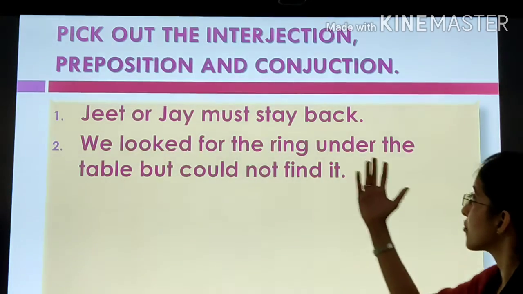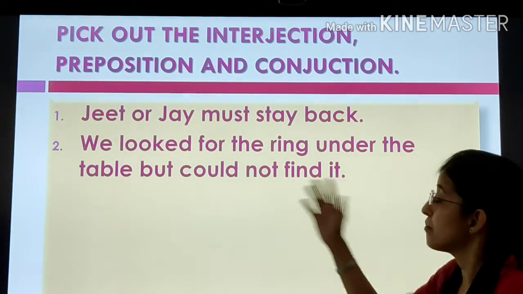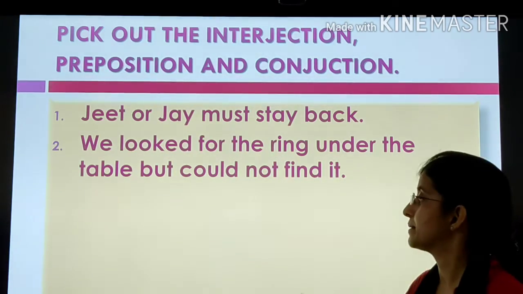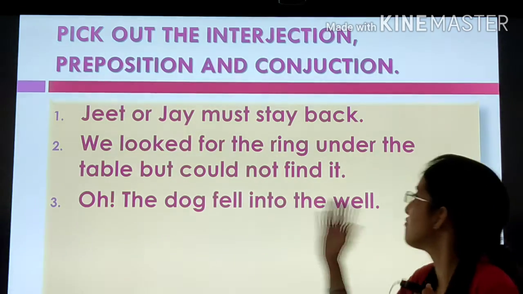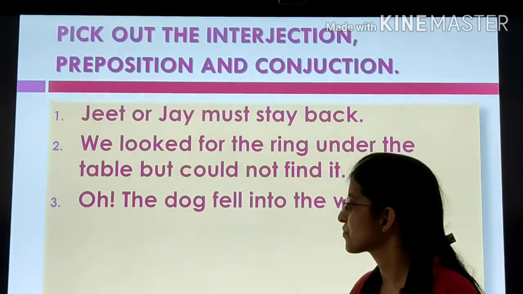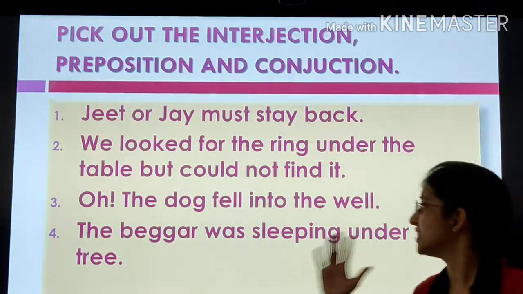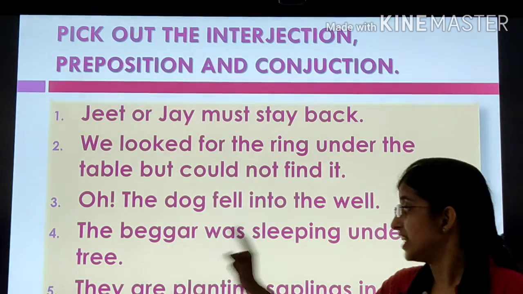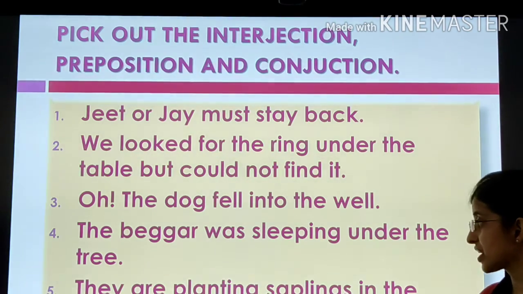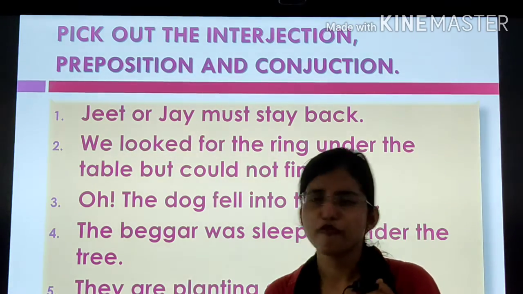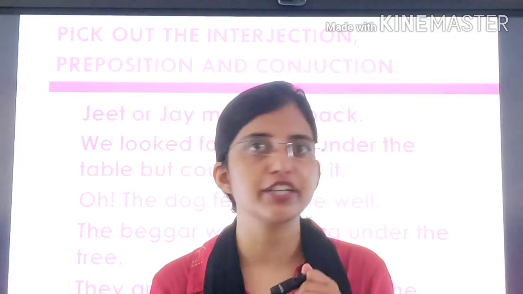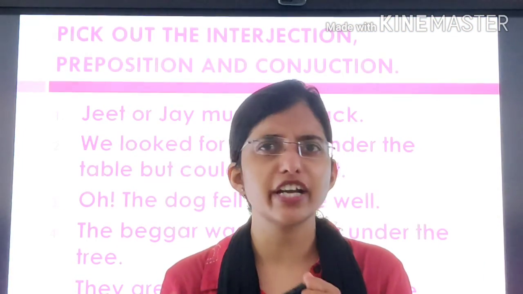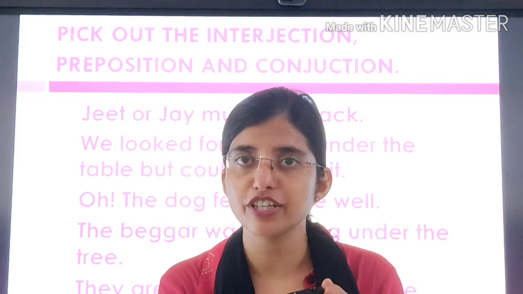We looked for the ring under the table but could not find it. Oh, the dog fell into the well. The beggar was sleeping under the tree. They are planting saplings in the garden. Very small exercise I am giving you, okay? So do it very quickly as soon as you finish the video,